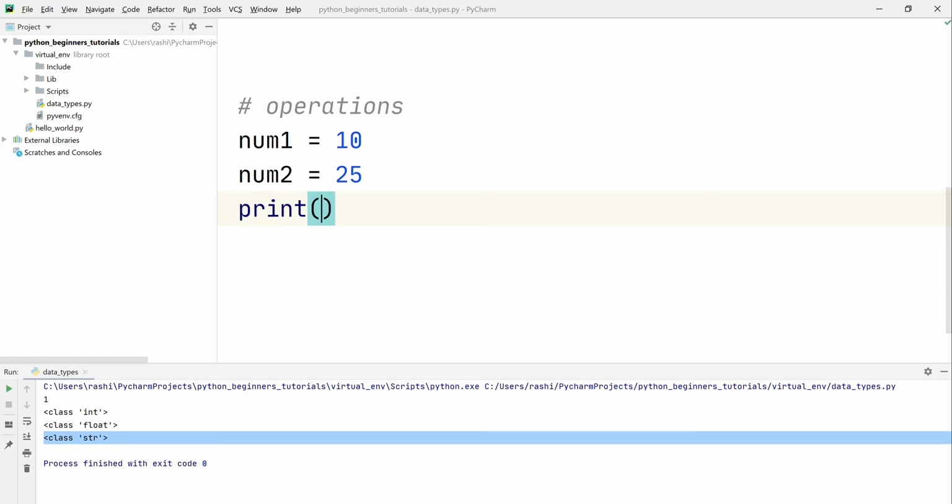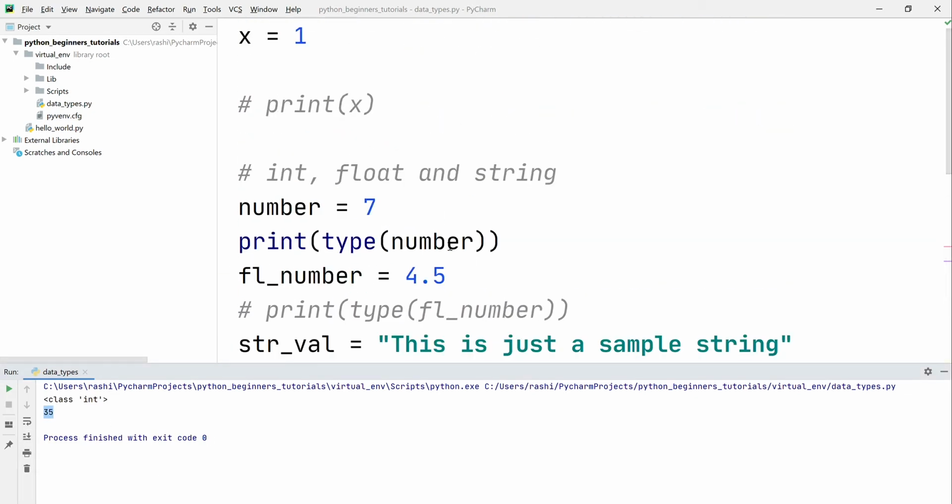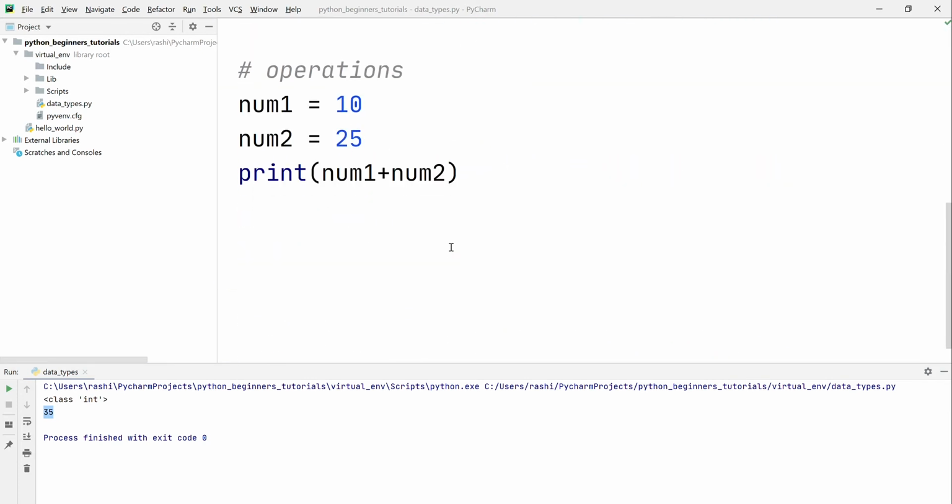We will say num1 plus num2. So we are performing some operation on these numbers. If I execute this program, you will see that we have got 35.